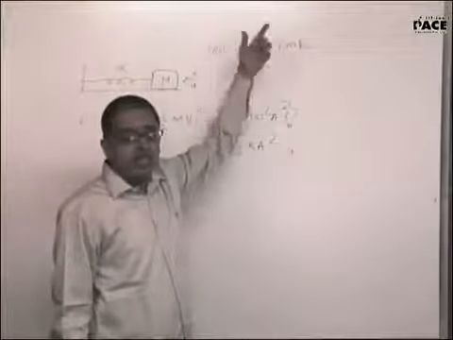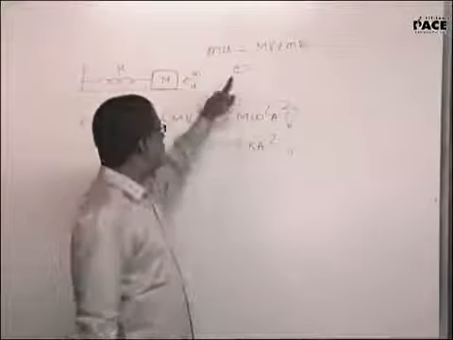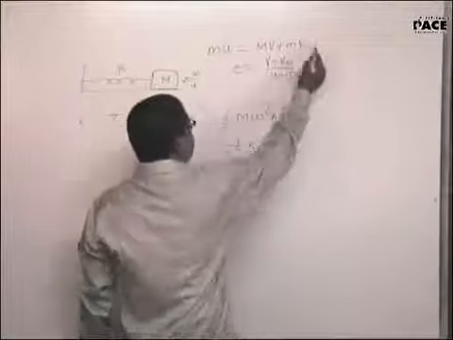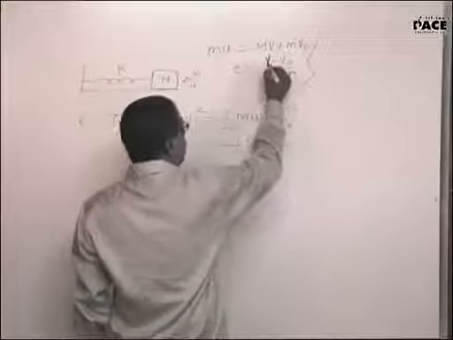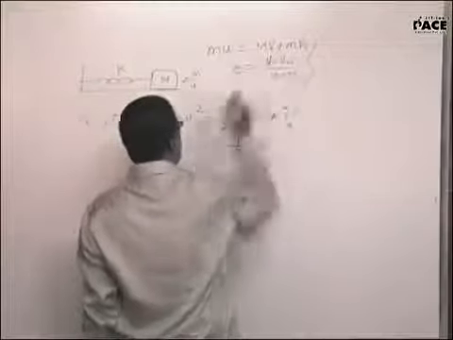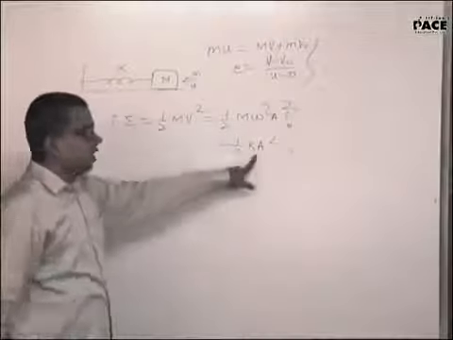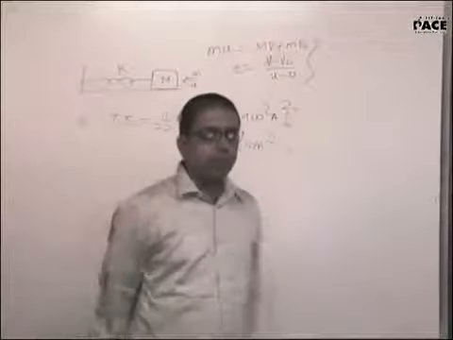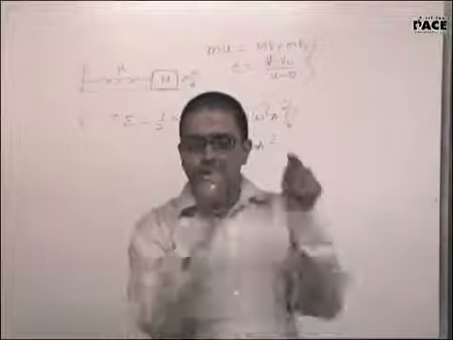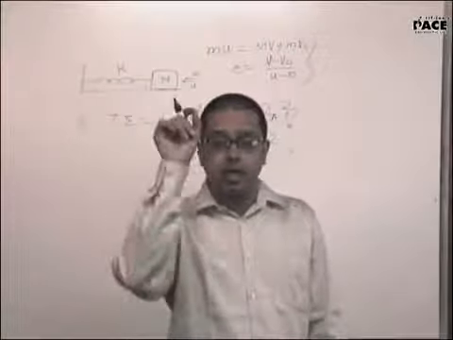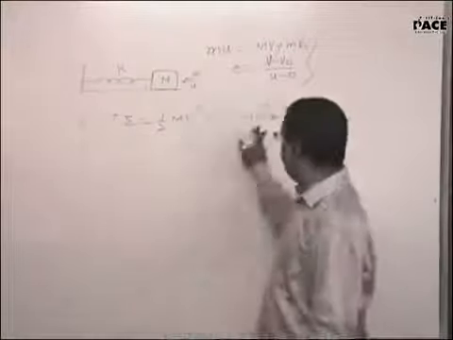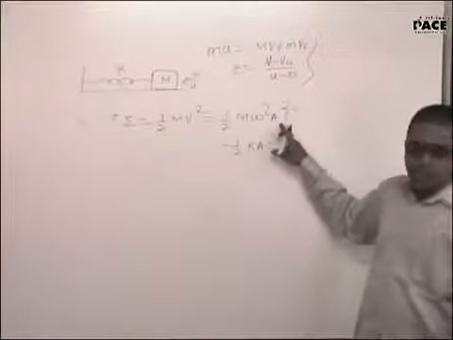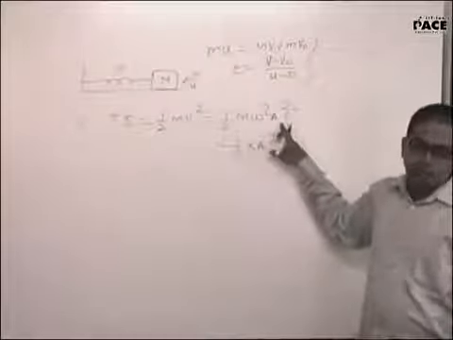By chance, if he tells you that it is not a perfectly inelastic collision, he will tell you the value of V. This will be (V minus V naught) upon (U minus 0). So from these two, I will get the value of V. That V I will substitute here, and once I know that, equate it to half k x square, will I get the amplitude? Indirectly, we are trying to impose on you a condition that if ever I know the total energy of the SHM at any particular point, equate it to half m omega square a square. I should know the time period omega, from which I get the value of the amplitude of the oscillation. Is this clear?